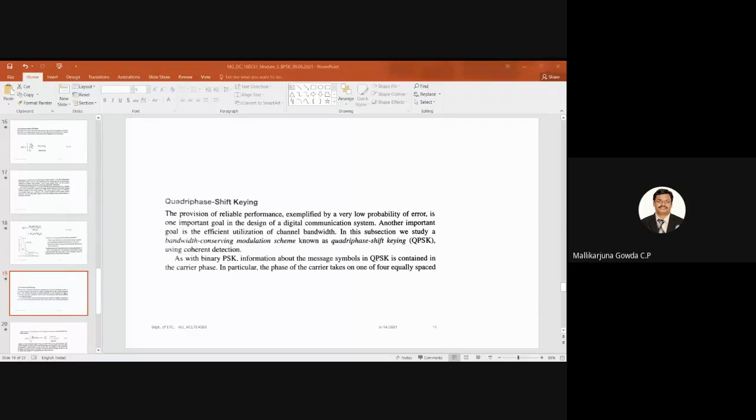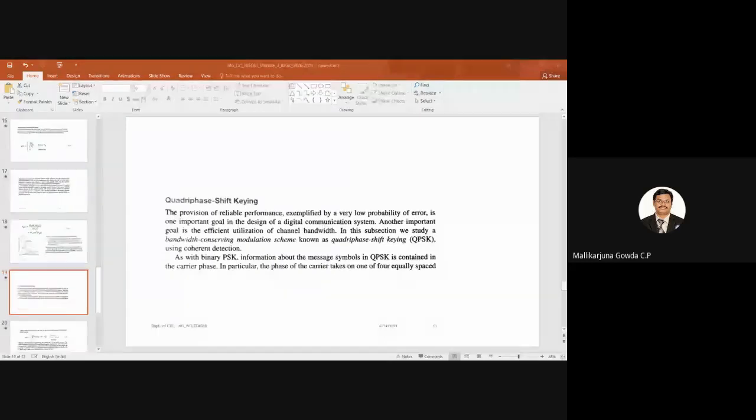Okay, fine. So just let me continue for another 5 minutes with respect to this QPSK. I was telling, in BPSK we are able to